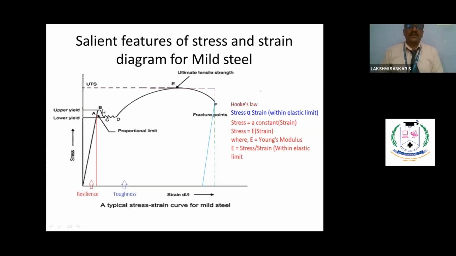Then what is toughness? Strain energy stored beyond elastic limit. That is what is called toughness. That is, strain energy stored in the plastic region is called toughness. So both are strain energy. In one particular case, if your load is released, it will come back to its original state. Whereas beyond that, it is going to face permanent deformations. That is the observation.